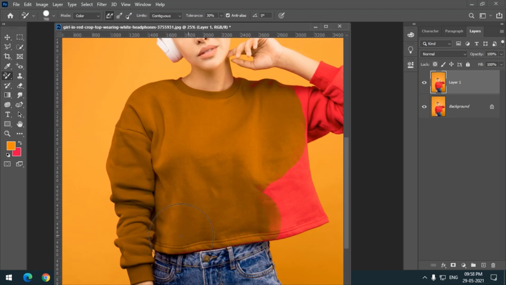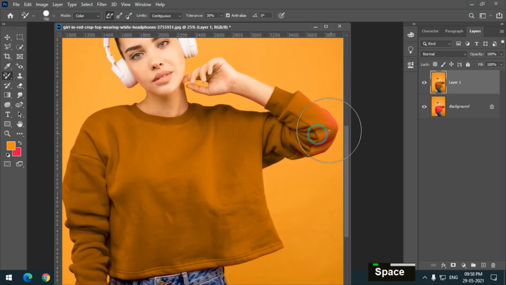You have to be a bit careful with this, because earlier you had selected the area so you didn't have to worry much about the replacement of the color. So in this method you have to be extra careful.